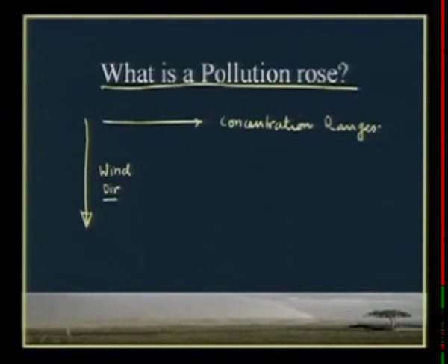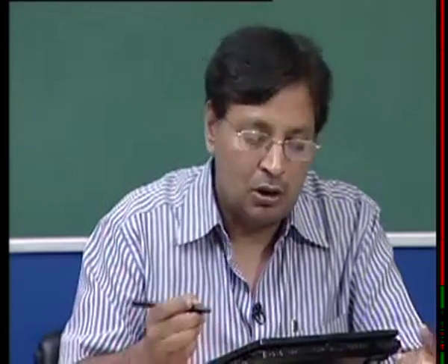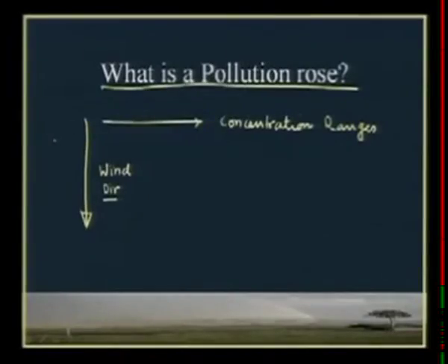You will recall that last time we took the wind speed ranges, but now we can talk about the concentration ranges. Suppose this is my direction north, let us say northeast, to make things a little simpler,